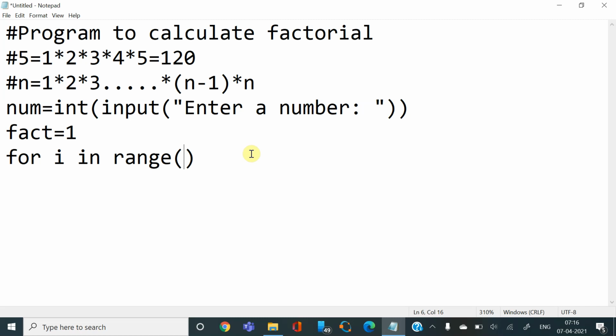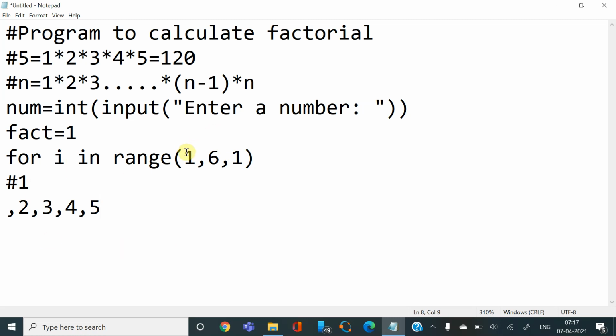Say I write range 1 comma 6 comma 1. What it will do is start from 1, and if I print this, it will print 1, and then since 1 is the step value, it will go to the next value, which is 2, then 3, then 4, and then 5.